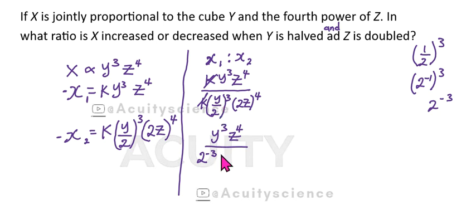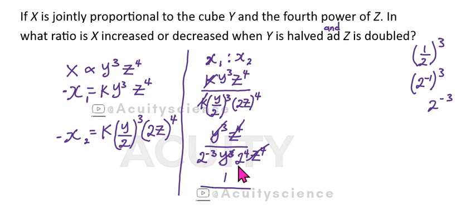Then this y to the power 3 stands by its side. Then I'll also separate these two: it's going to stand alone as 2 to the power 4, and the z will stand alone as z to the power 4. Okay, let's go for the next step. At the next step, y to the power 3 and z to the power 4 can now go, so we are having 1 over,